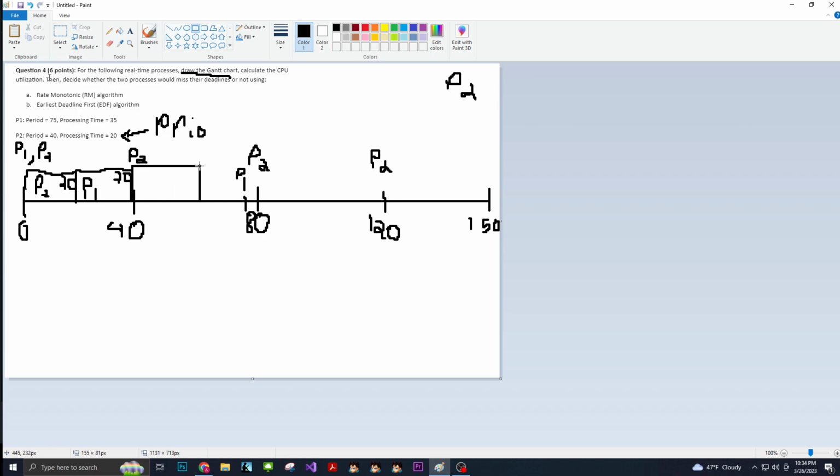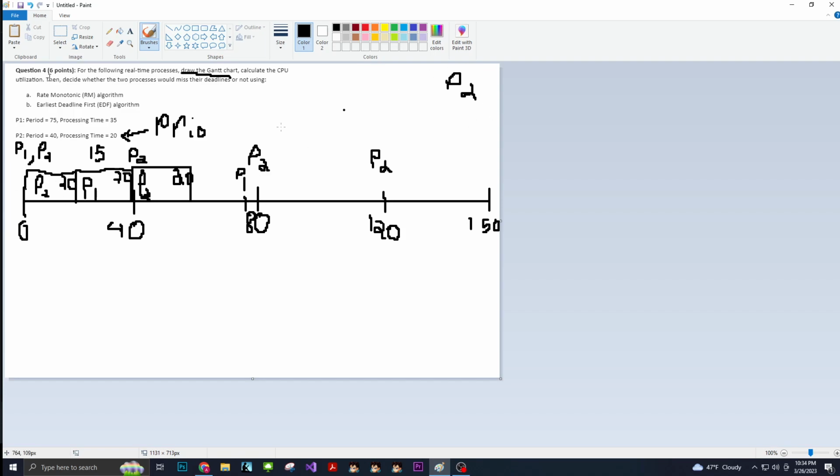All right. So then P2 only runs for about 20. So let's hit that midway point. All right. So then this is P2's block. It only ran for 20 because it had a processing time of 20. Let's go to the next one. And by the next one, I mean P1. Remember that P1 still has a remaining processing time of 15. This is because